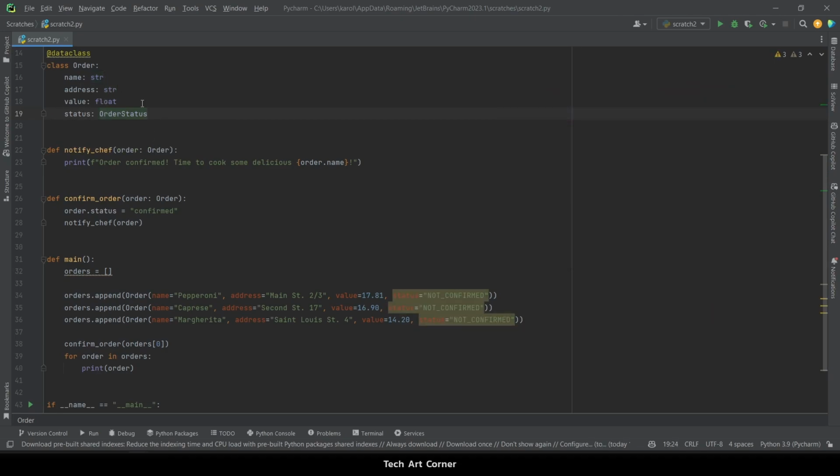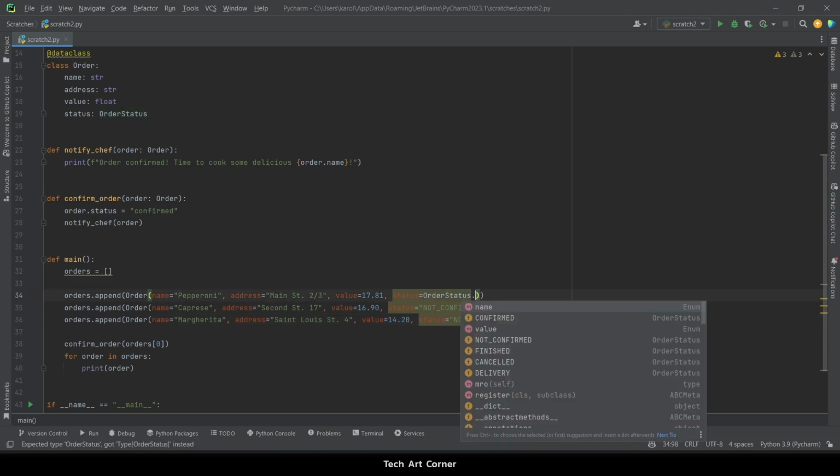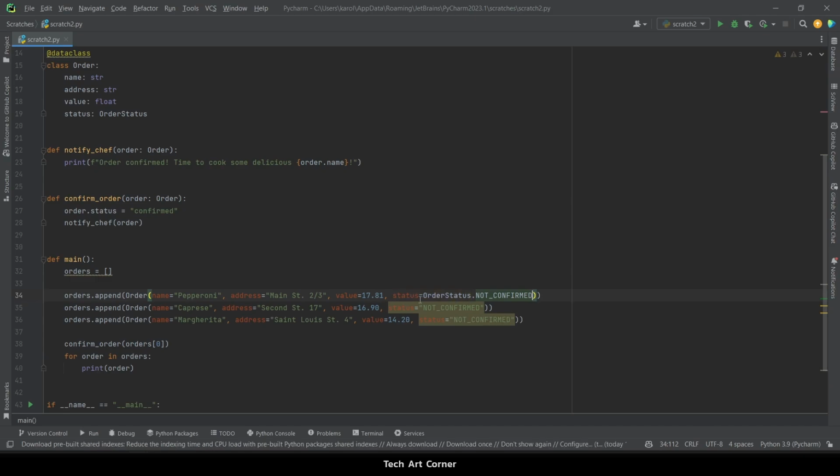So we are changing status to being typed as order status, and you can already see we have some highlight telling us that we have a wrong type here, which is good because now it's harder to skip that stuff during refactor. So I'm gonna set non-confirmed value here, and let me paste that value as a status of those two more. Let me also fix the status in the confirm order method because my code can change the status